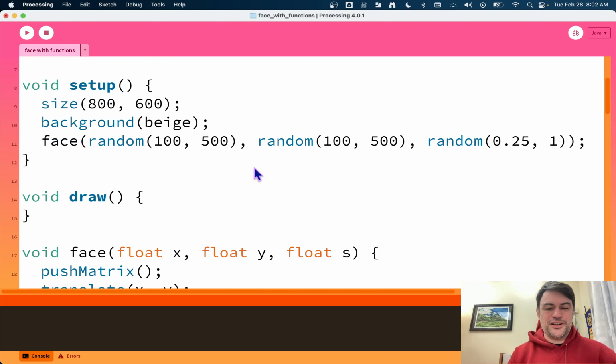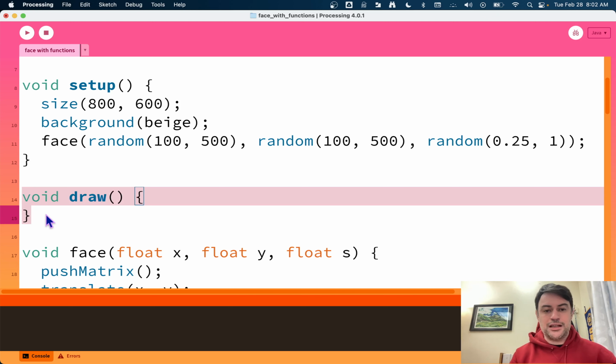All right, folks. So we are now going to be taking a look at repetition, having a loop, so that we can repeat code over and over again. We actually already have a loop. We have the draw function. It's automatically looped, and it's a special function that Processing is calling over and over again at a particular speed,